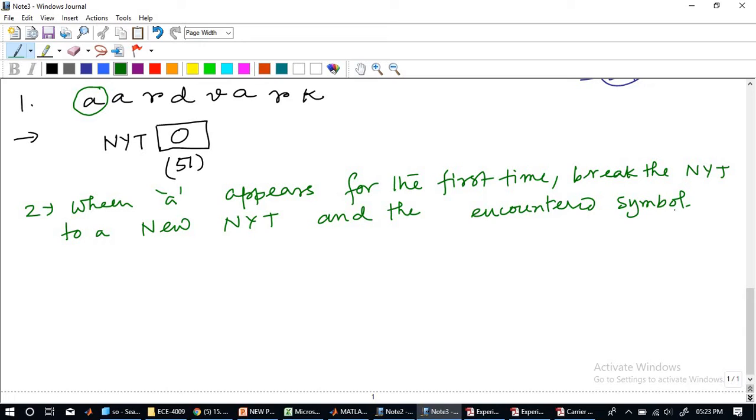So the first thing is, whenever a symbol appears, forget about A, it can be anything. But here, since A has appeared, when A appears for the first time, break the NYT into a new NYT and the encountered symbol. We'll write again, if it appears again. Suppose in this case, if A appears for the second time. So if it appears again,